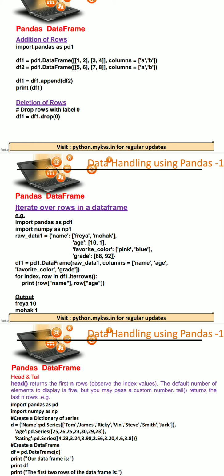So iteration is not hard. You just have to remember one single method, that is iterrows, to iterate over the data frame rows, and you have to mention the index as well as the row name. It means here it is creating a temporary data frame with the name row, which always holds the value of a single row only with its column names. So you can access the data of the data frame one row at a time, separately.